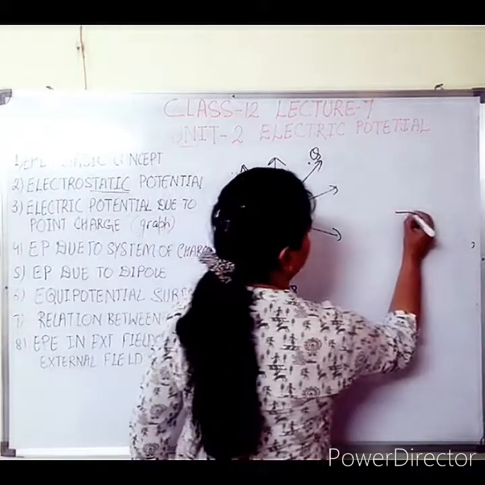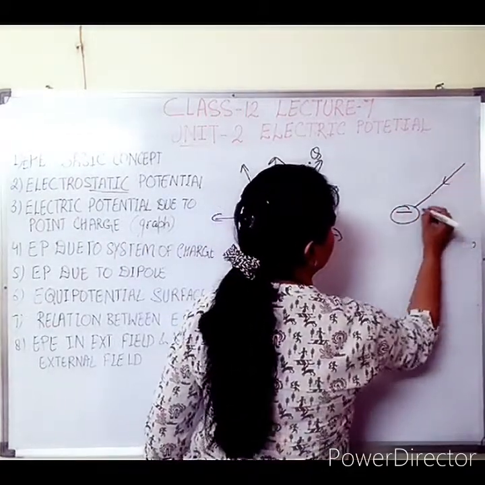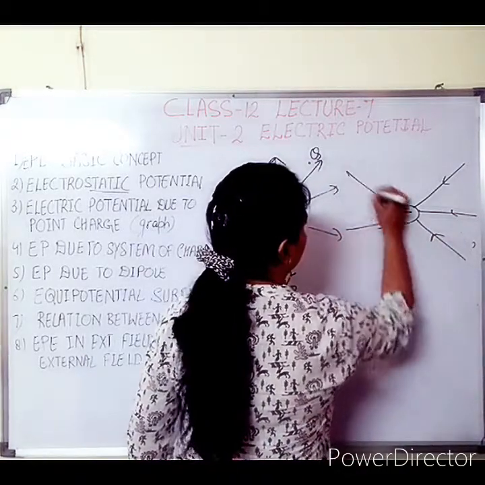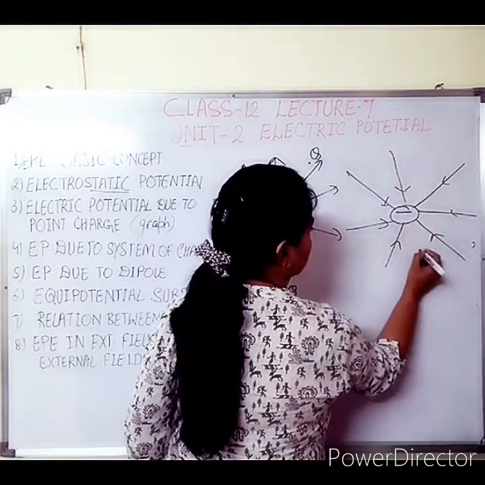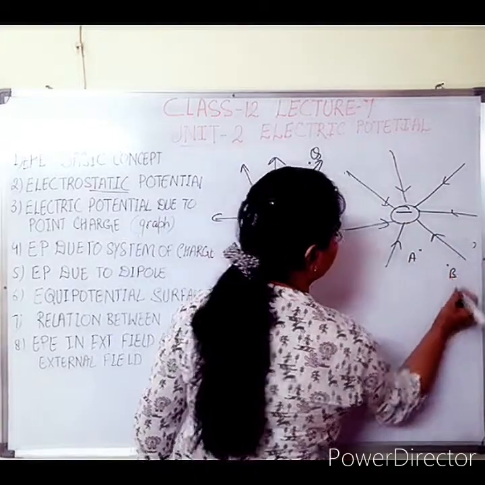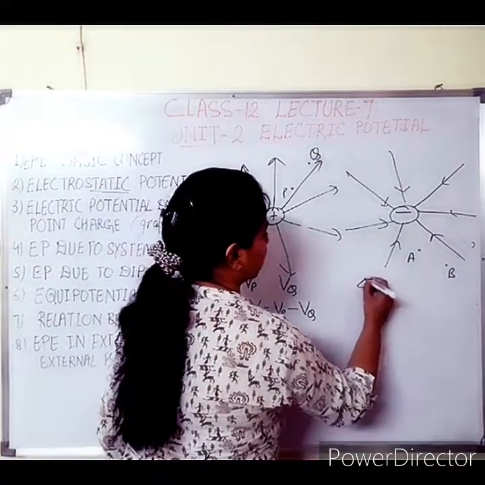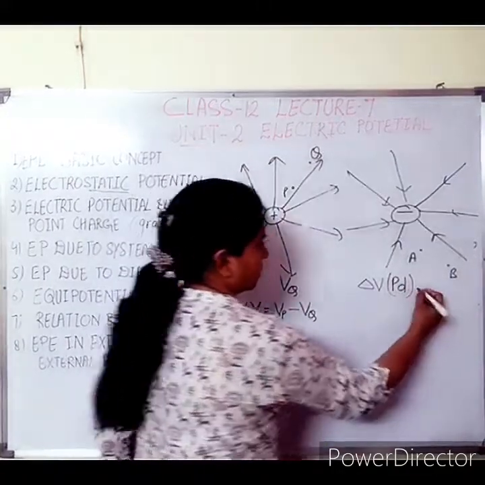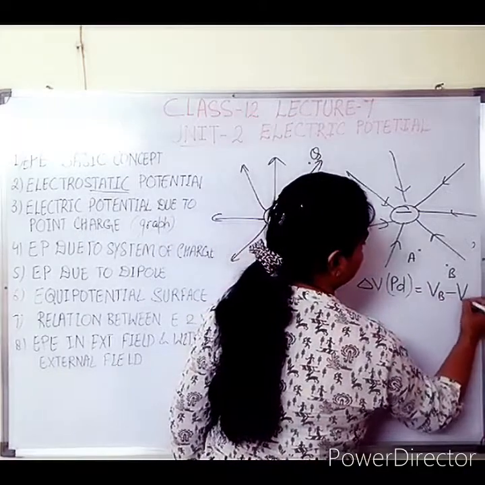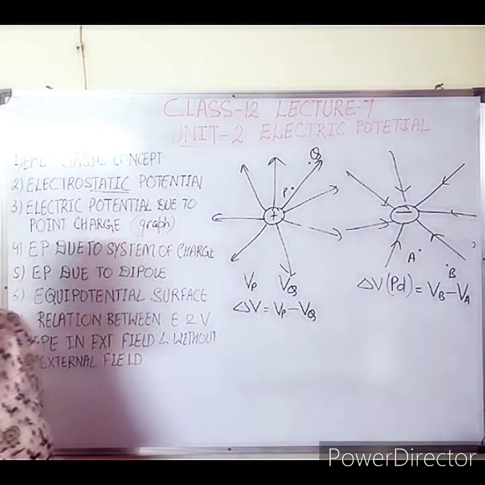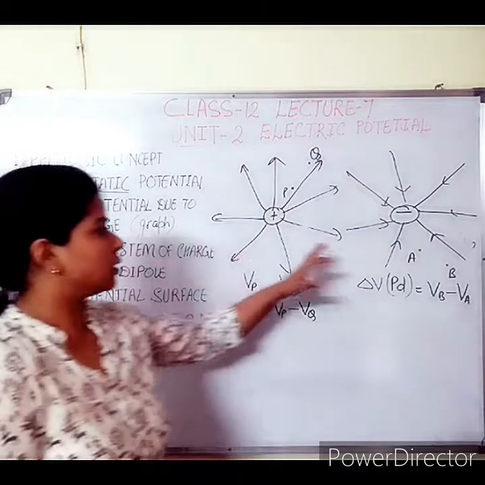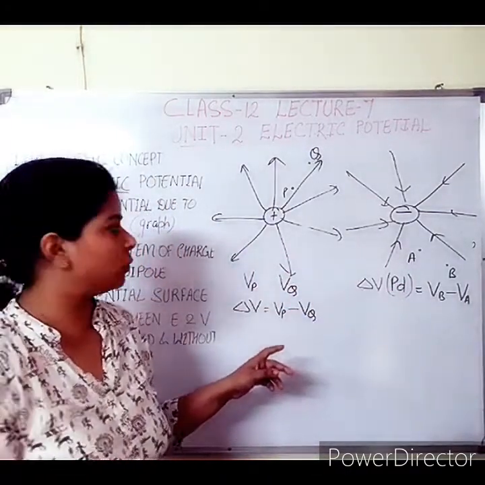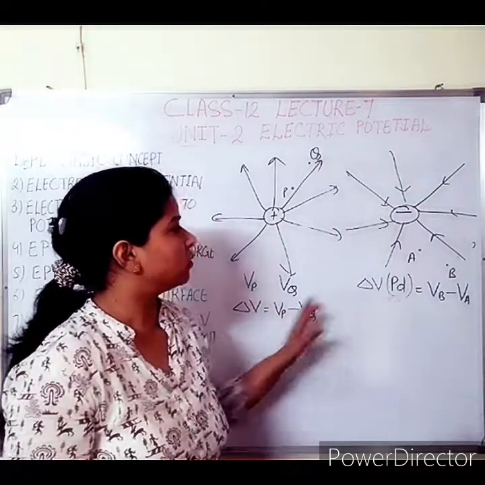And the second case, the minus sign is here and electric field lines are towards the minus sign. This is point A, this one is point B, and you have to tell whether the potential difference, that is VB minus VA, is positive or negative. Okay, both are the cases. You can note down these two conditions and you will tell the answer in my comment box, what should be the answer of this question.